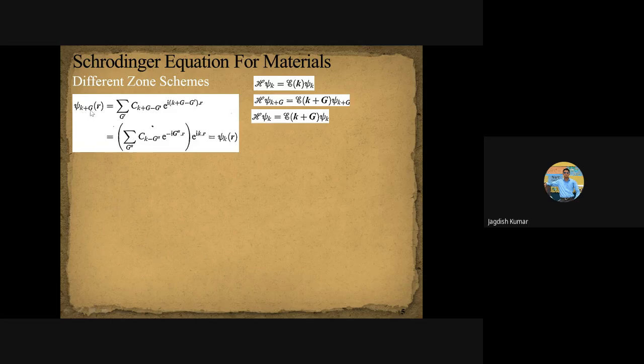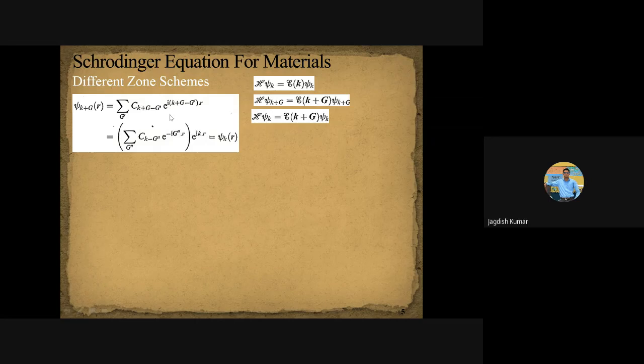G, if G is the reciprocal lattice vector. Now I'm sure you won't be confused about what a reciprocal lattice vector is. Correct? So if G is the reciprocal lattice vector, then we can prove that psi of K plus G at a particular point R, the wave function at a particular point, turns out to be equal to psi of K of R. This we will discuss in detail